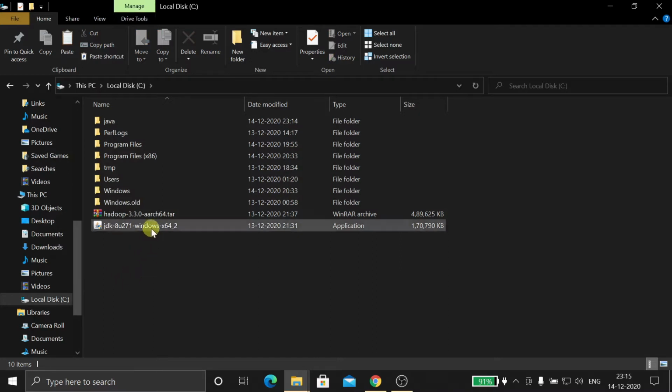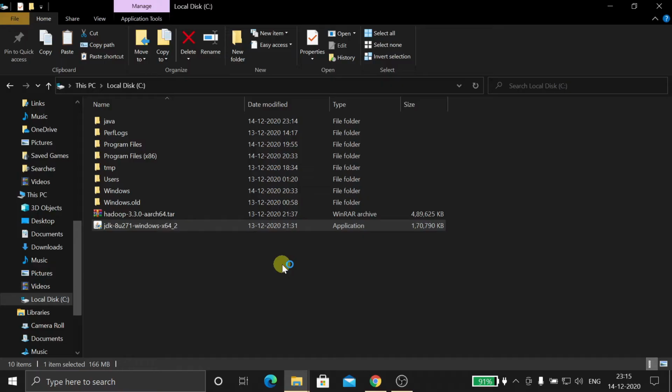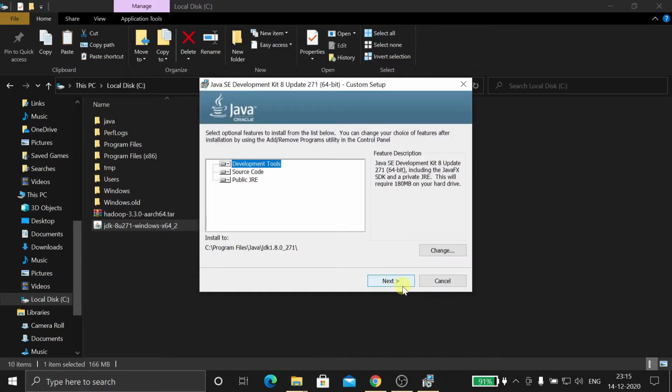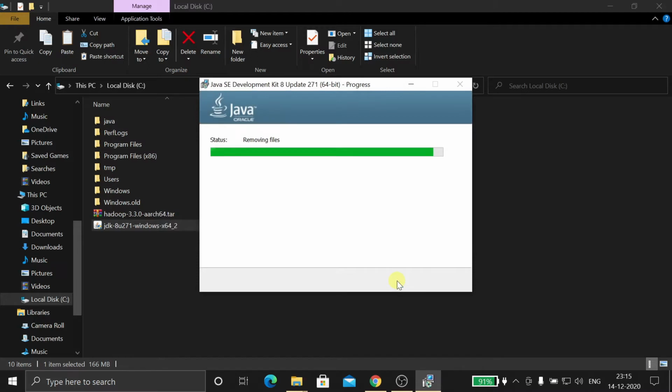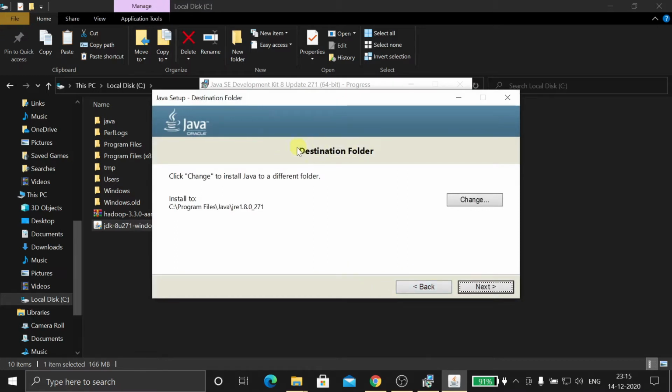Now let's start the installation of the Java file. Right click, open, yes, next. When it comes to the destination folder, you should change the path.